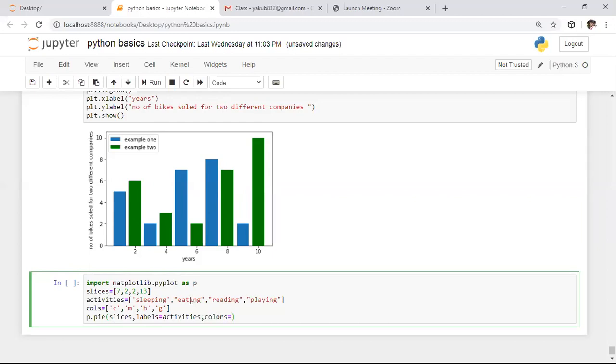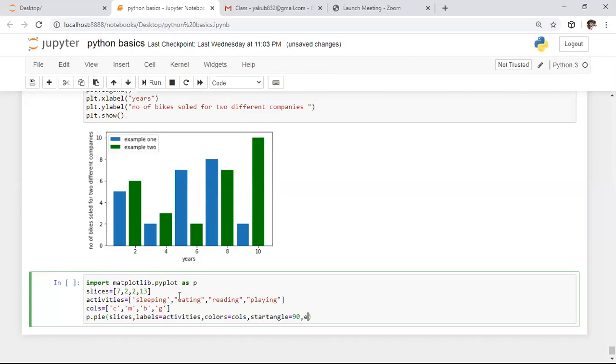After colors, in place of colors, we need to specify the colors list, right? So here I'm saying colors. After this, startangle: from where I want to start the graph. I'm specifying one more attribute called startangle. I want to start the graph at a 90 degrees angle, so I specified the startangle as 90 degrees.